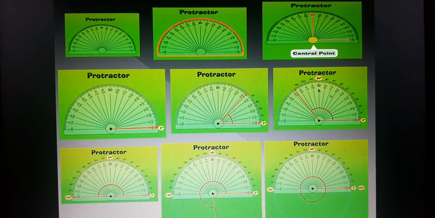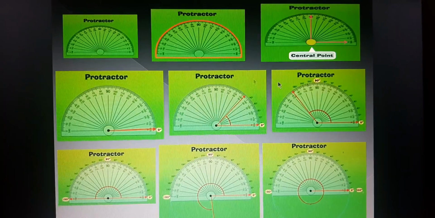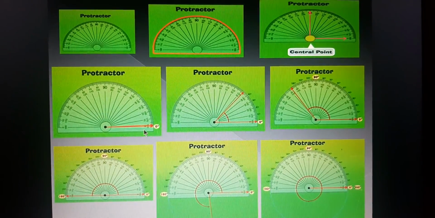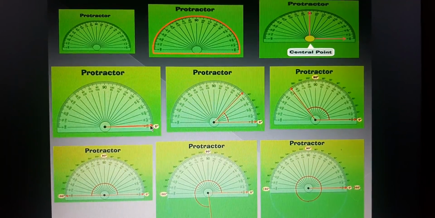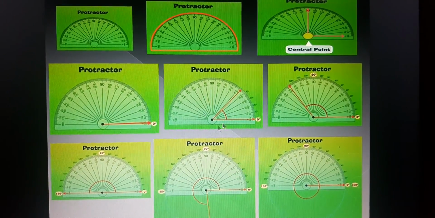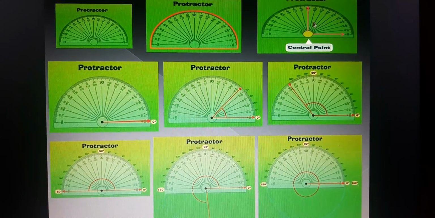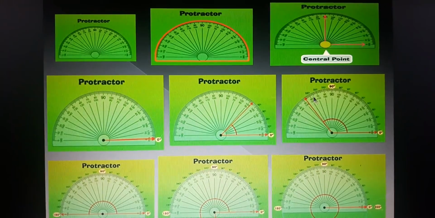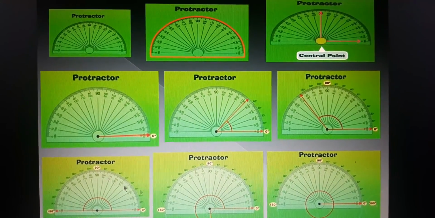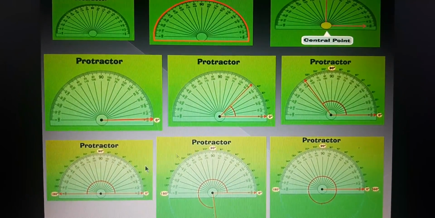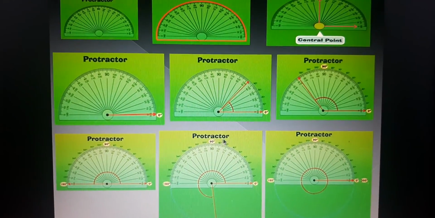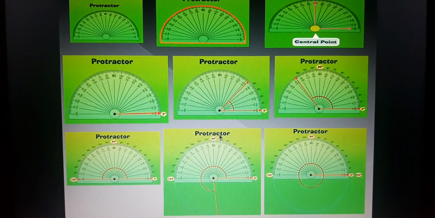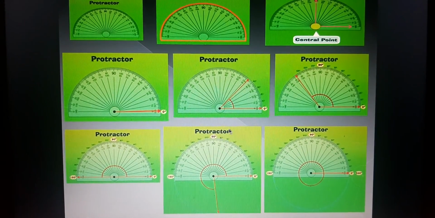See here how we used the protractor, and we have shown it over here. When it starts here at 0, it is a 0 angle, you can say, it is not started yet, just the starting line. An acute angle, and when it comes to 90 degrees on the protractor, that is a right angle. You can see obtuse angle, straight angle, reflex angle, complete angle, right? In this way, using this protractor, we are going to draw those angle measurements. These constructions we will do in your next classes, so don't worry about this, now you only learn about the types.